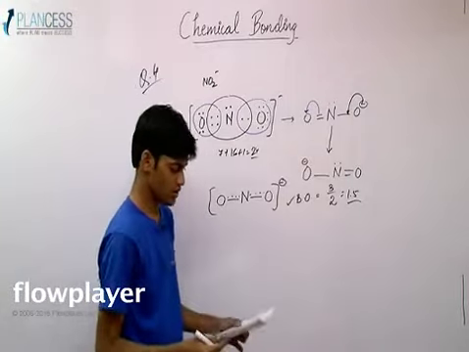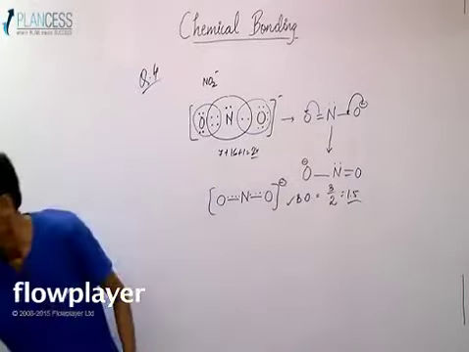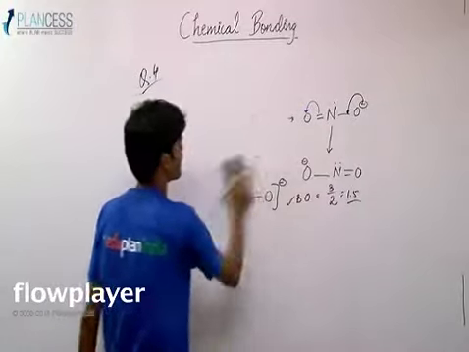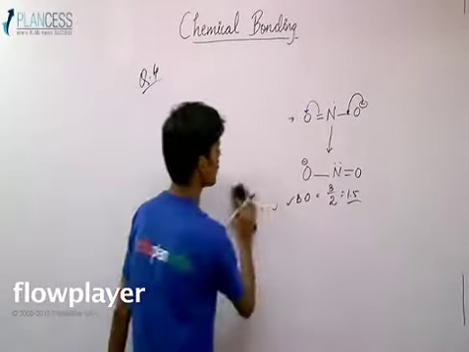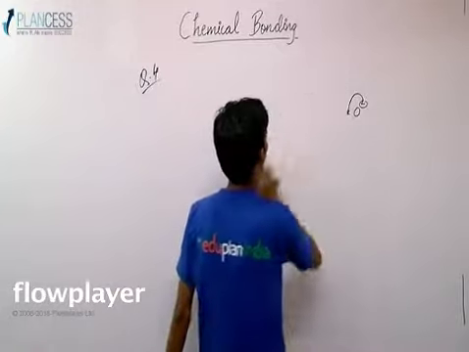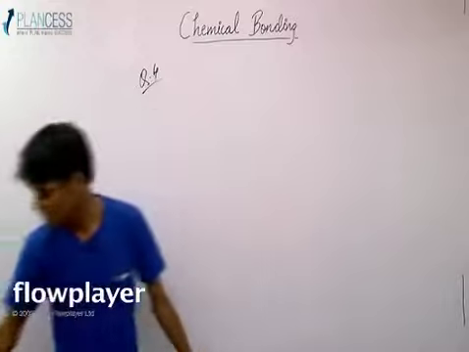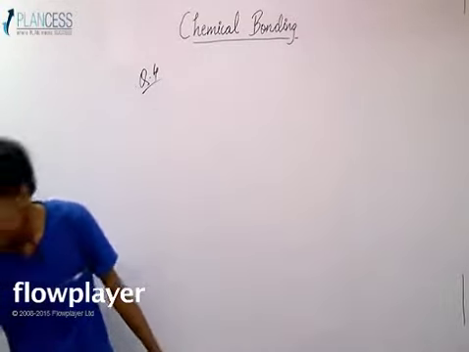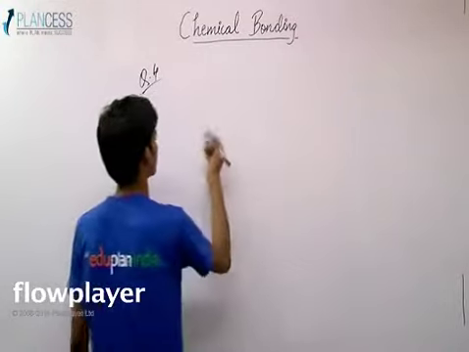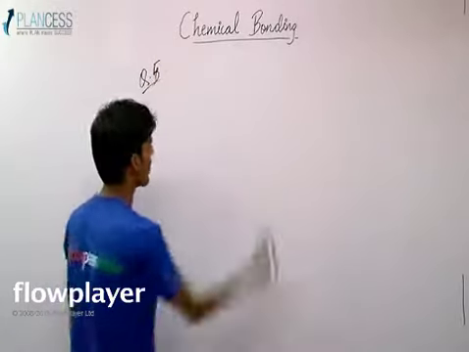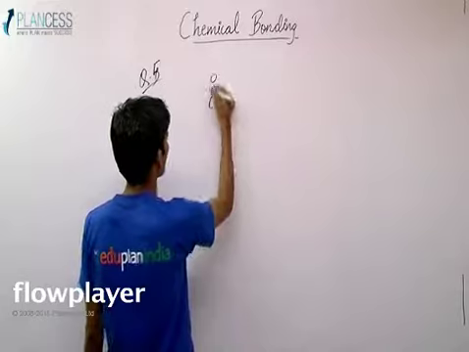Okay. So next would be, if you want to comment on the bond angle, you are given some structure, some molecule, and you want to comment on the bond angle, how the bond angle can be determined. If you are given some molecules and you have to comment on which has the largest bond angle or something like this. So let's say we have 4, this is question number 5. We have 4 compounds, COF2,